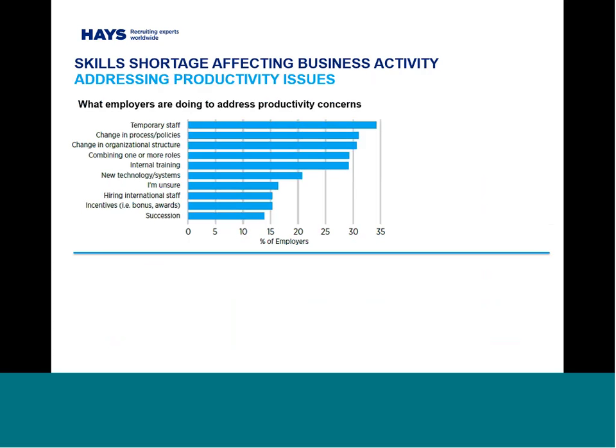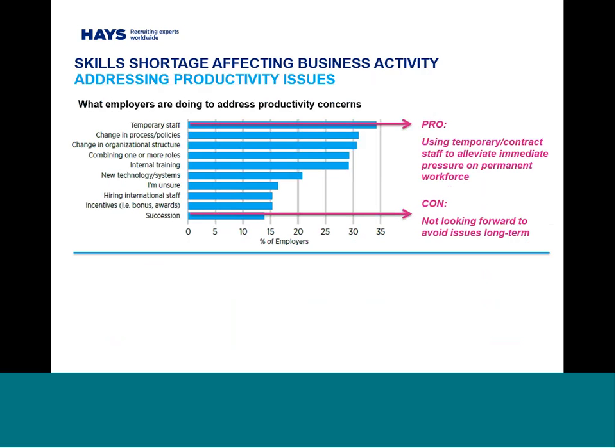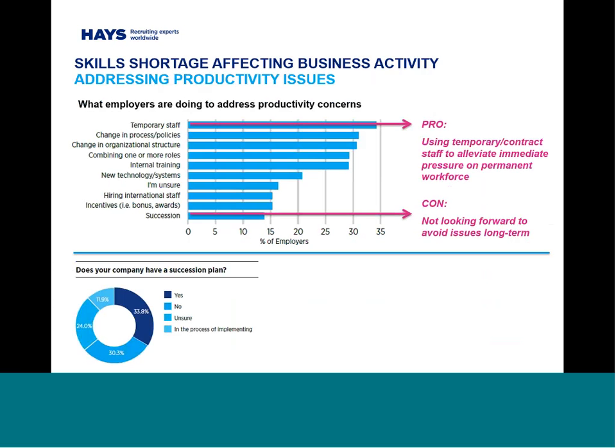So what are companies actually doing to respond to this? So we've a couple of quick points to make here. A quick, highly effective fix is obviously using contract staff, and that's what 35% of companies are doing. However, if you're going to have a sustainable business, it really does require development and promotion of staff over a period of time, and that means effective succession planning. But it turns out that almost 34% of employers say that they actually have a succession